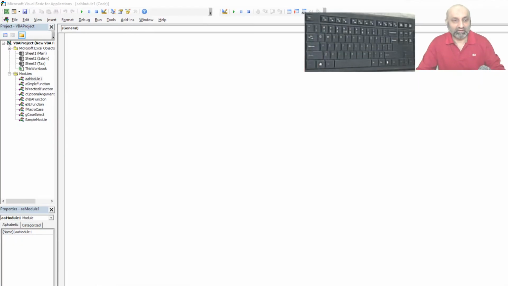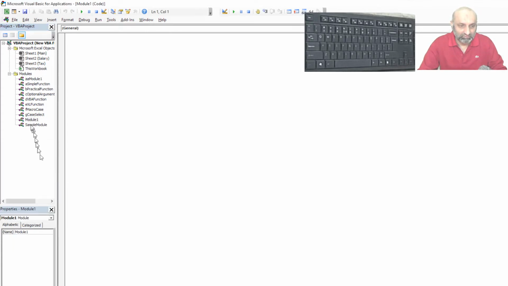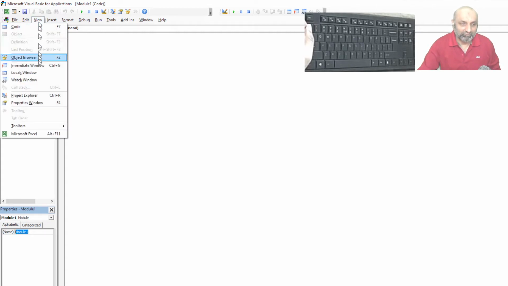Here I have a blank module, and you can see I have different names of the modules, and that is simple. We discussed earlier, when we insert a module, say this is module 1, I can change the name of the module in the properties window, which we can have from the view menu, view properties window.